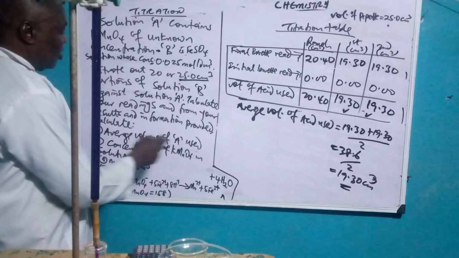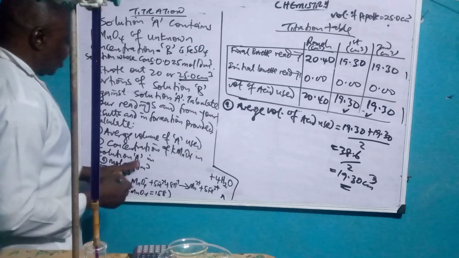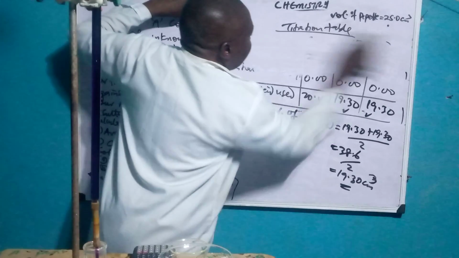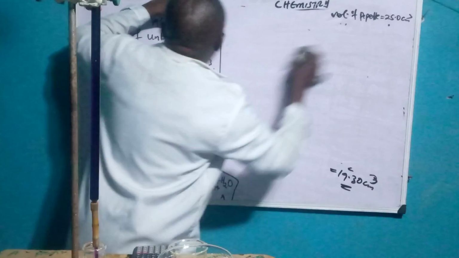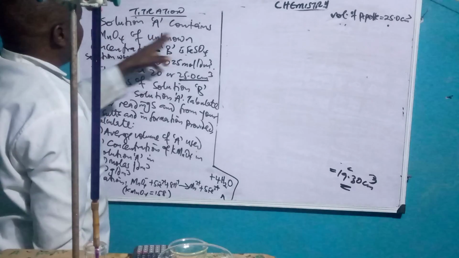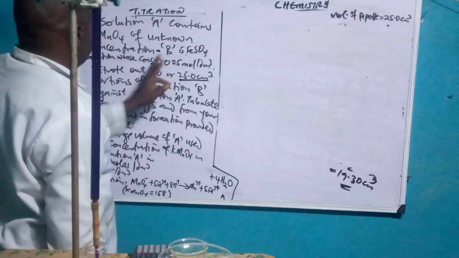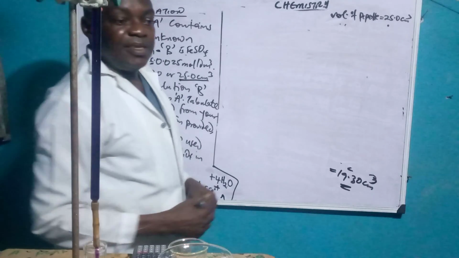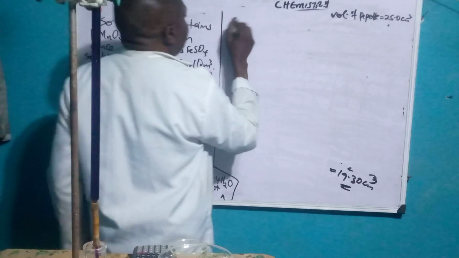Then let's look at the question. Average volume of acid used, which I've already calculated. This is A. The second one is the concentration of KMnO4 in solution A in mole per dm cube. So let's clean this one off. Solution A contains KMnO4 of unknown concentration. This FeSO4 concentration is this. We have Cb, we have Va. So we can use the method normally called the formula method. That's the formula I normally use. If you are using the formula method, you must write the equation. You say equation: